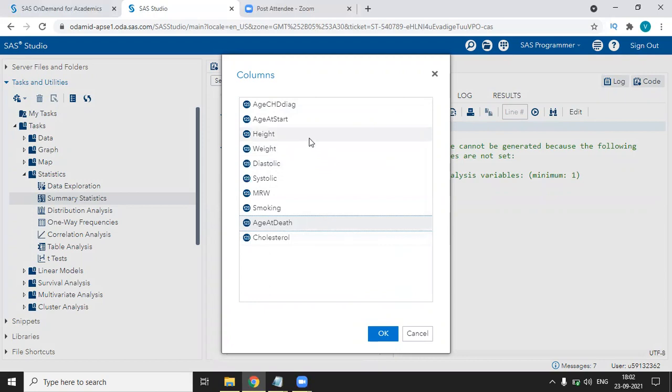As I have said, we have to do the summary of four variables: height, weight, diastolic, and systolic. So select those four variables. Press Ctrl and select whichever variables you want. So these four variables are selected. Just click on OK.